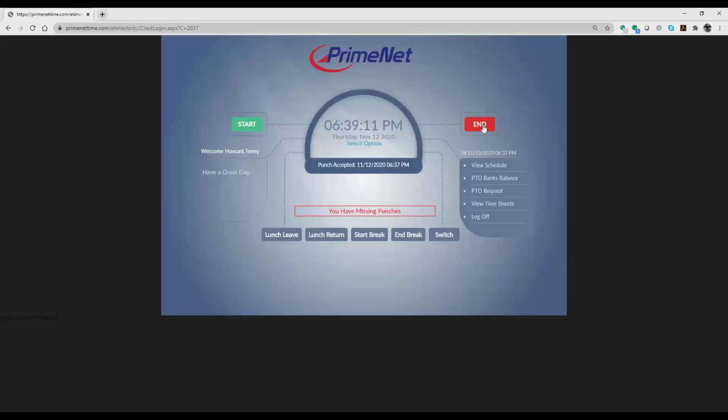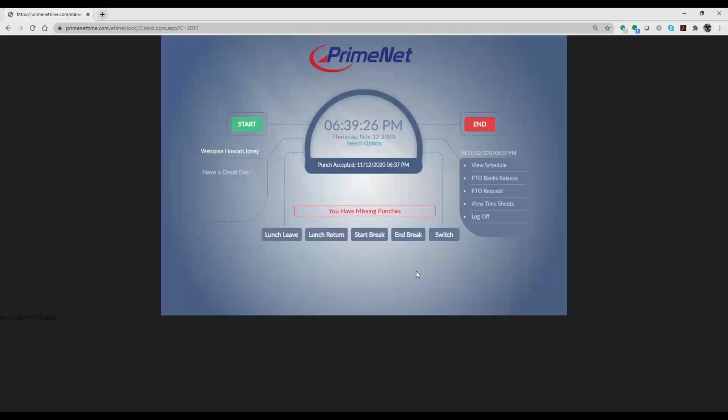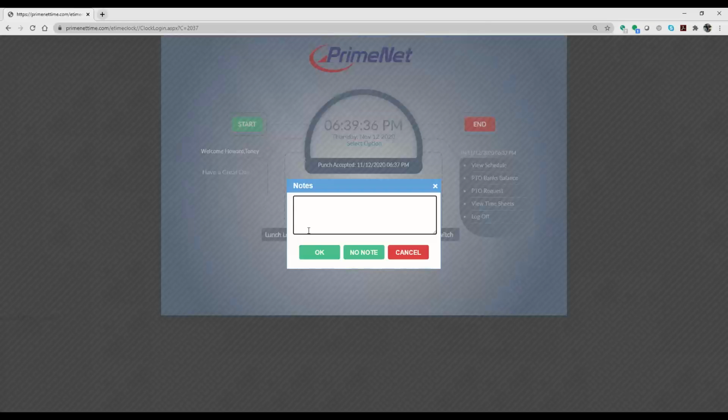To clock out, it's the same thing. Click End. We don't need to change a department for clocking out, so that's not even an option. We could add a note if we wanted, or select No Note. And that would clock us out. Same with the lunch leave, lunch return, start break and end break. Lunch leave,